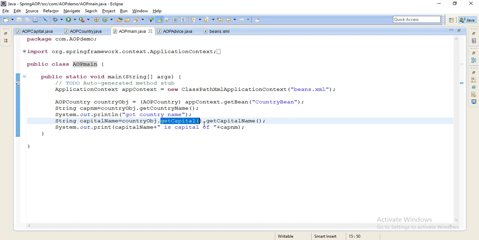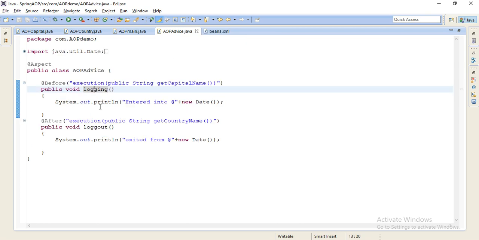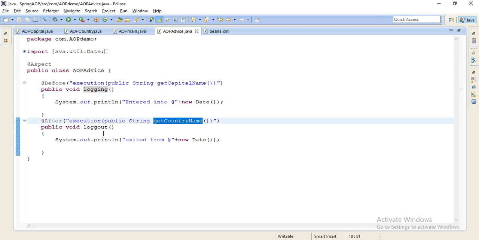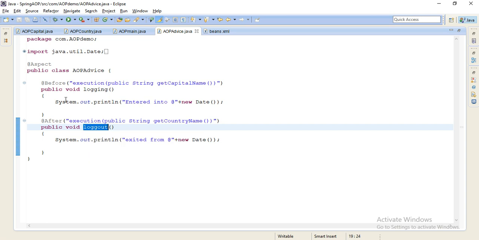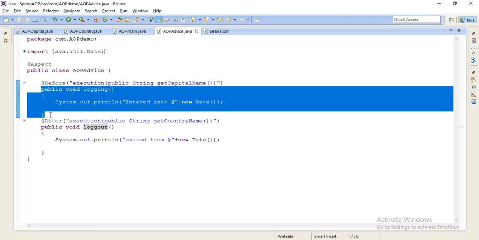Once you call the capital name, you log into the method, and when you call the country name, you log out of the method. That will be handled by this line. Can you observe? This is your plain simple Java method definition, logging and logout.